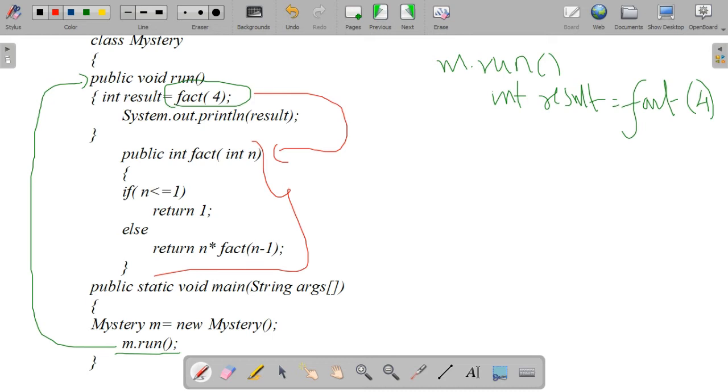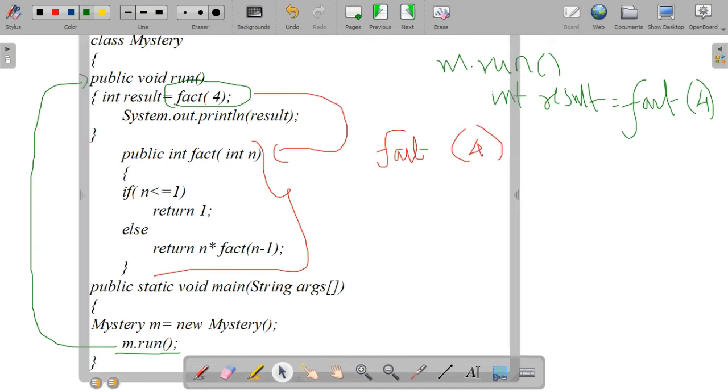So now it will find where this fact definition is. Wherever we have defined fact, it will go there and do that process. Till it finishes that factorial value, it will suspend the execution of the run method.